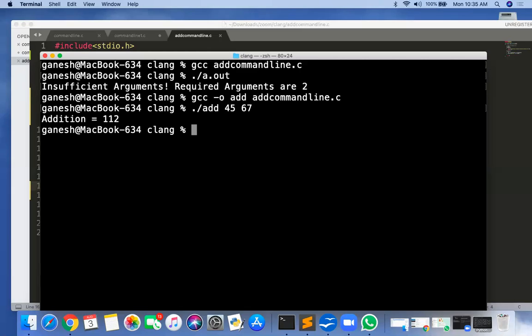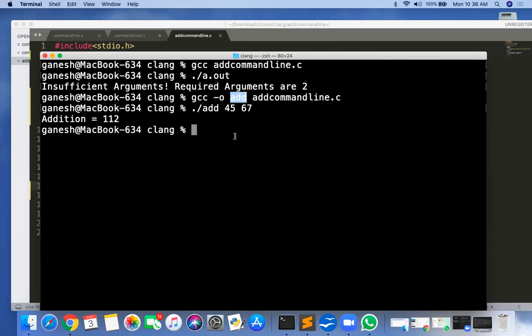If you want to give a name like that, we should put -o there. GCC is compulsory, sir? GCC -o. GCC is the compiler, that is a C program itself. GCC is also an object file. So I give the command line arguments: first -o, then second the name add.